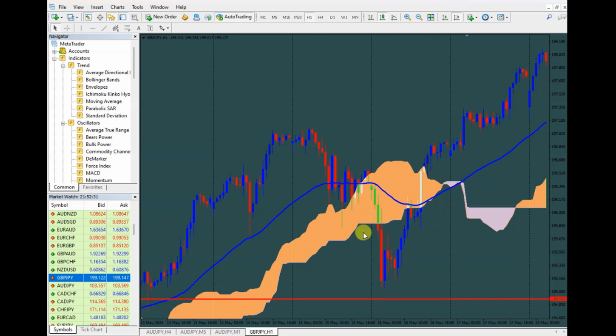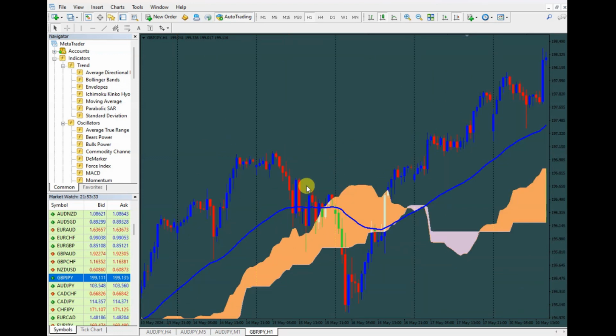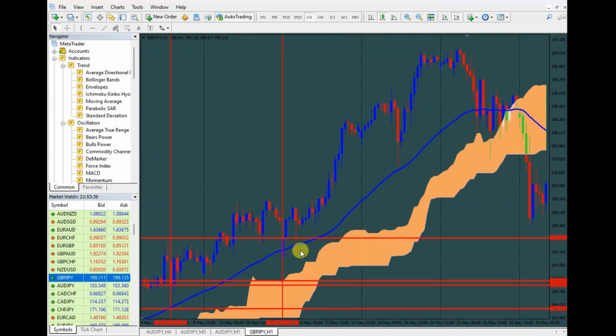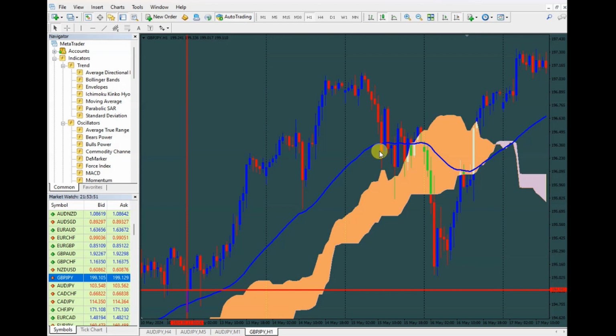At this particular point, you can see this did not meet our criteria. Understand that our criteria is that price will break below and close above. So the candle will break below and close above. Here, the candle breaks below but remains below the moving average. Here, the candle opens below and closes above. Here, the candle opens above and closes below. So you can see, once you start getting conflicting up and down, at this particular point,